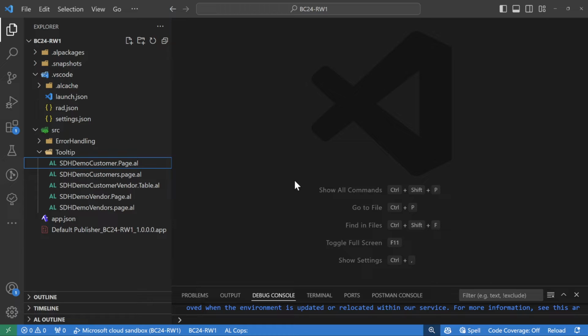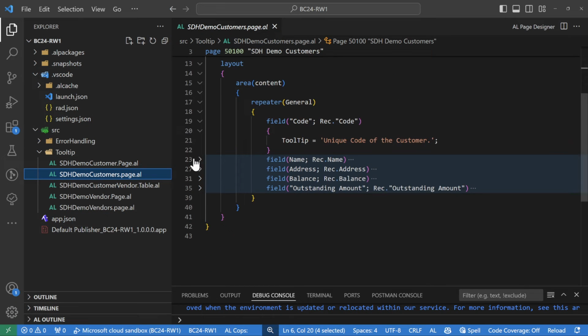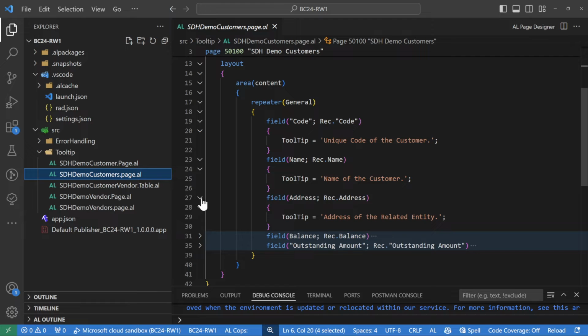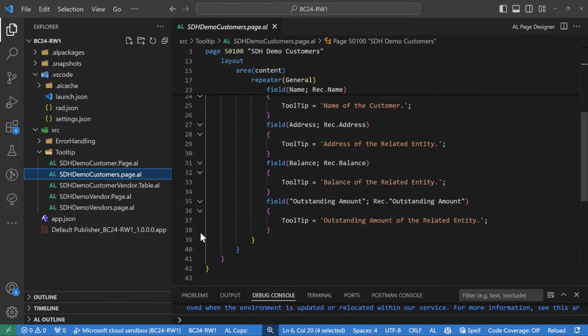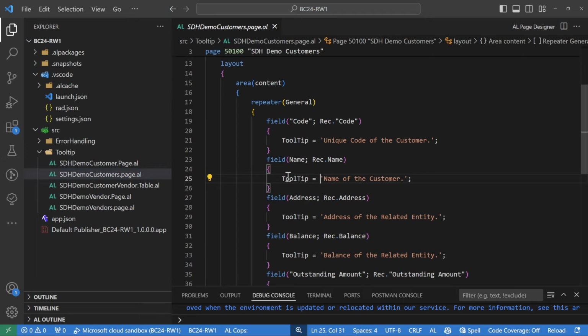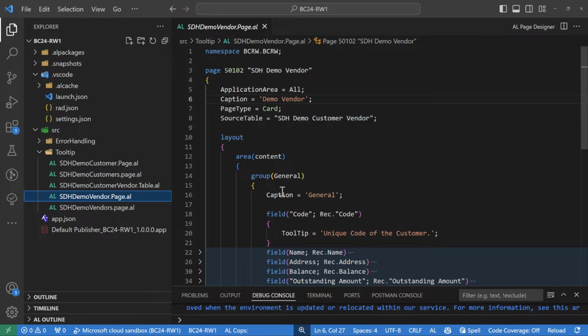Now, coming back to our example, when you were building this page, you thought about these fields and gave them some tooltips, actual genuine tooltips, explaining what these fields specifically do. You do it on the list page, you do it on the cart page. Then 6 months down the line, when the other developer is working on it, he